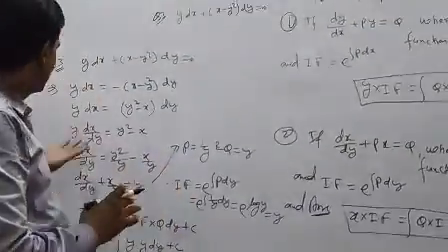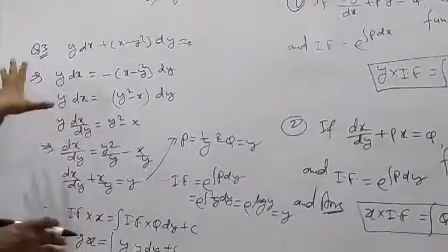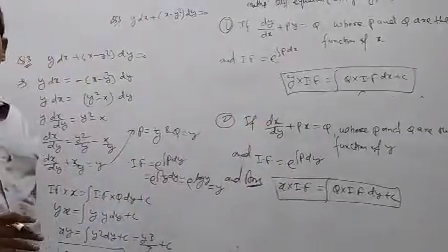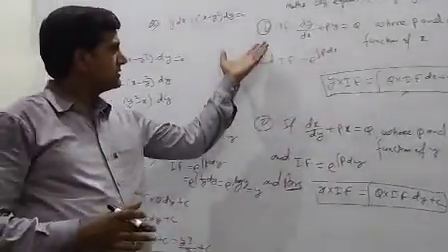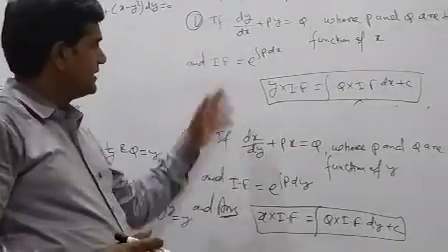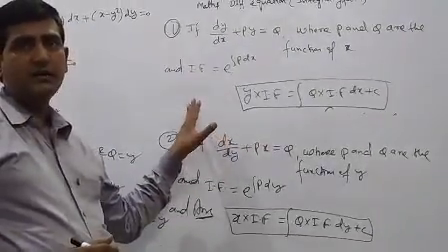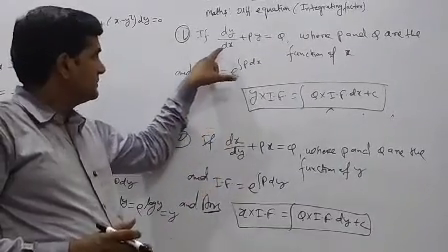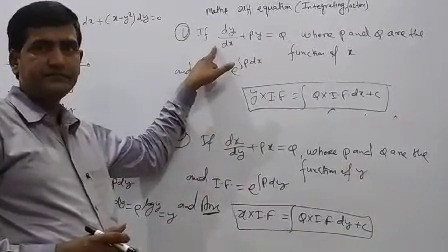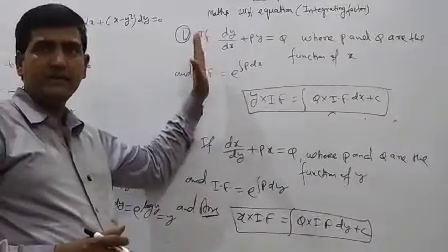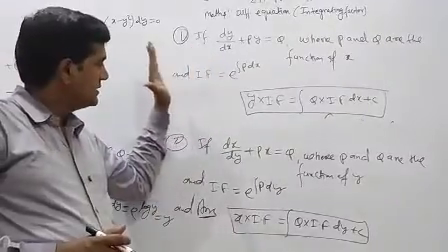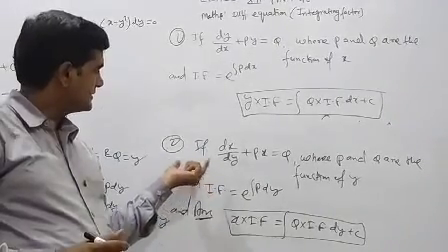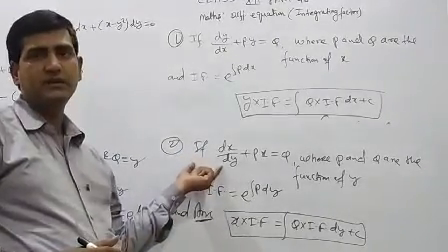Now this is the next example, the third example. This is based on the second formula. It is clear. With the help of both the formulas, first and second, first of all try to do any question which is dependent on integrating factor with the help of the first condition. If we are not able to do it in proper form, after that we can use the second formula. Clear?